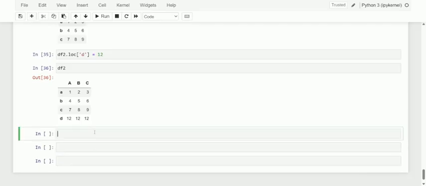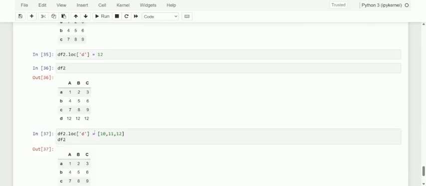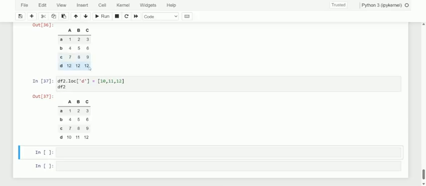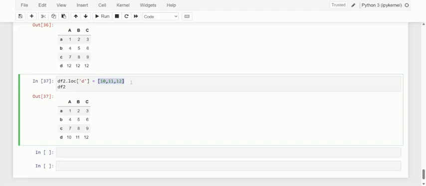So kindly observe, dear friend. So here I'm just going to make df2.loc. Here, not only that new element, I'm just going to overwrite it. Both the operators I'm just going to do. So kindly just observe 10, 11, 12. So in the resultant, kindly see here the last row, which previously was 12, 12, 12, and now it went on just passing on to the list with elements 10, 11, and 12. Here we have updated, that is changed, by using a list of values.